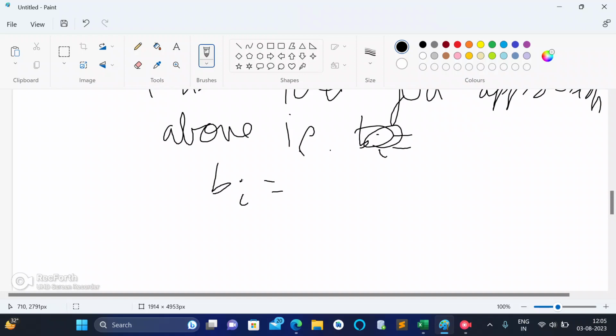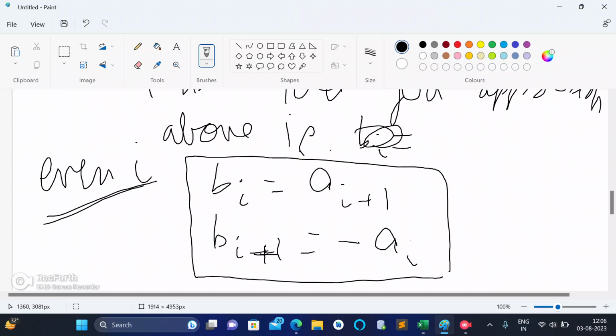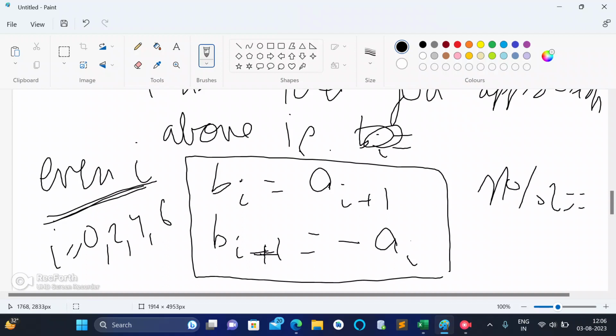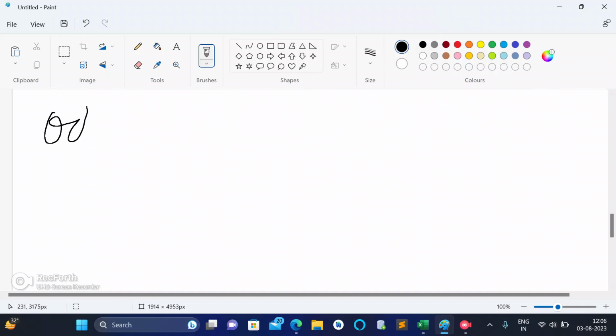Put Bi as, for even i, that is for i equal to 0, then for i equal to 2, then for i equal to 4, put Bi as A(i+1), and B(i+1) as minus of Ai. This could be our generalized approach for even i, that is for i equal to 0, then 2, then 4, then 6, and n modulo 2 is equal to 0, n is given to us to be even.